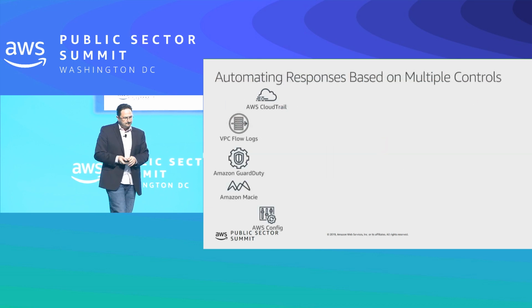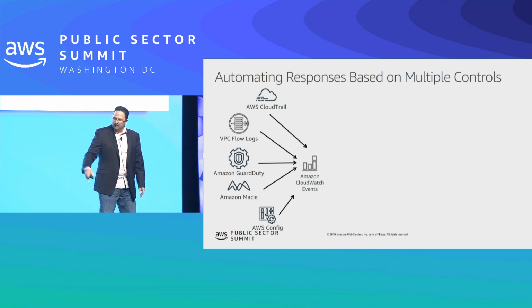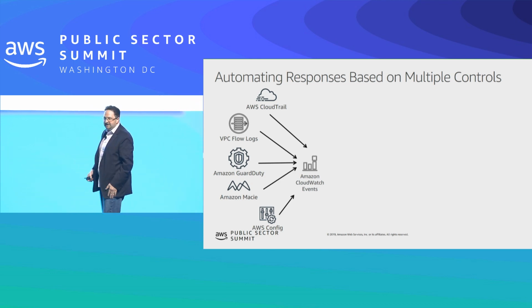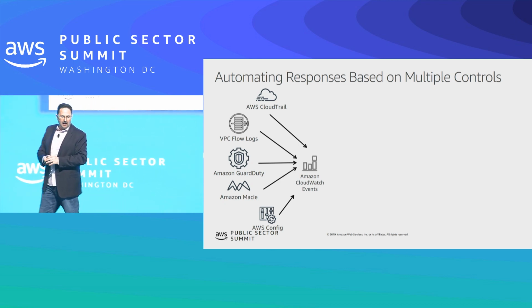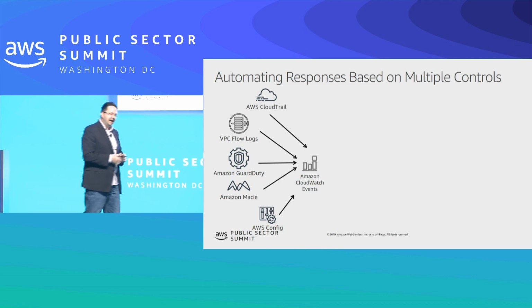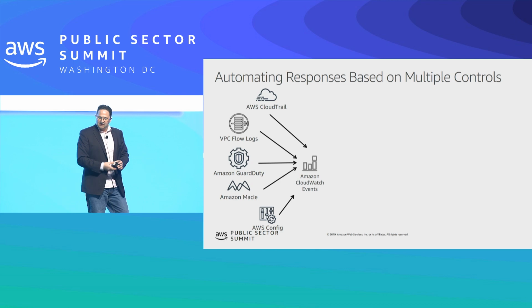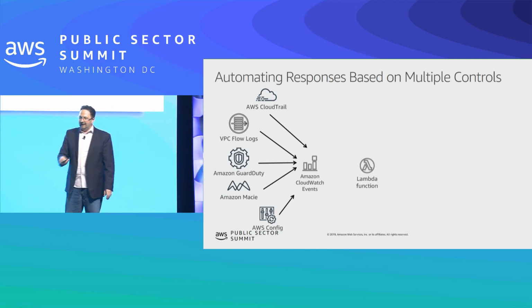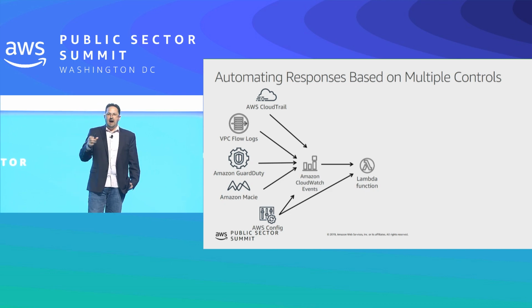Okay? Another example. All of these log sources that you see here, we talked about them already. CloudTrail for the API, the VPC network flow logs, the GuardDuty findings, Amazon Macie's all about tracking data that's been classified, where it's moving in the cloud and so on. It's getting all of this data and streaming it to CloudWatch Events. In this case, when CloudWatch Events see something that's interesting to us, how do we know that? You define that, right? You define what's interesting to you and your organization based on your high value assets and the threats that you care about.